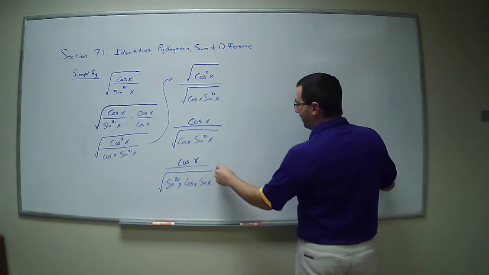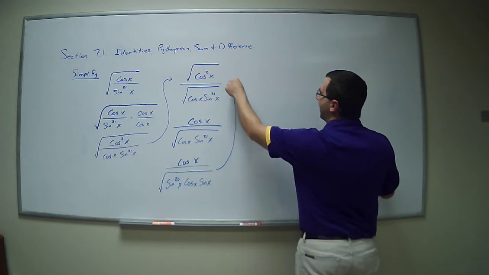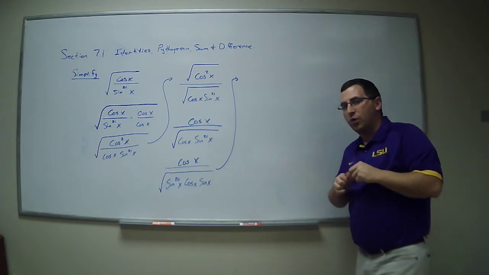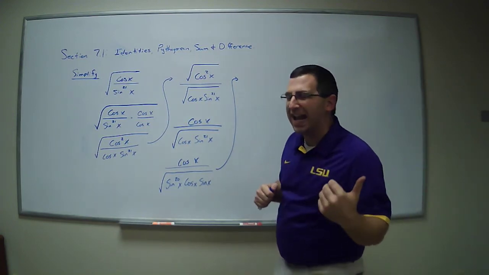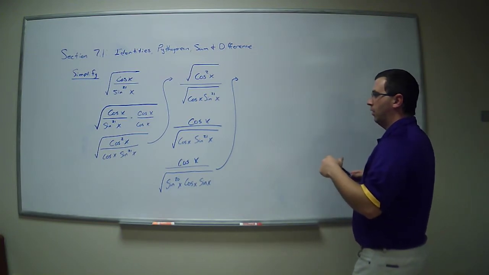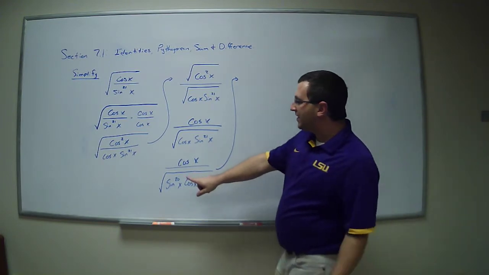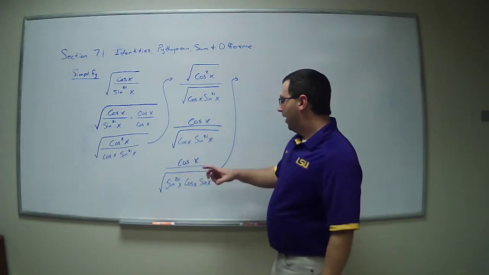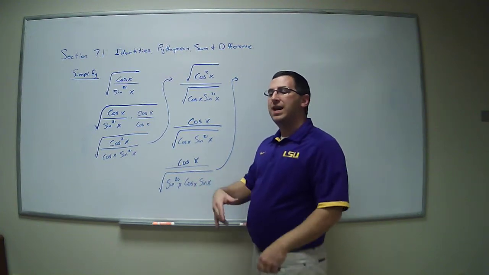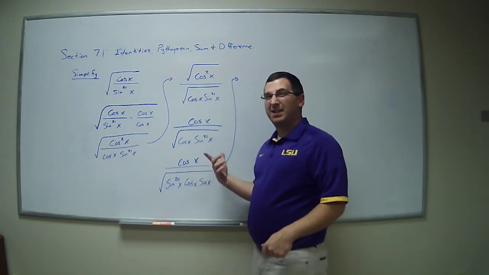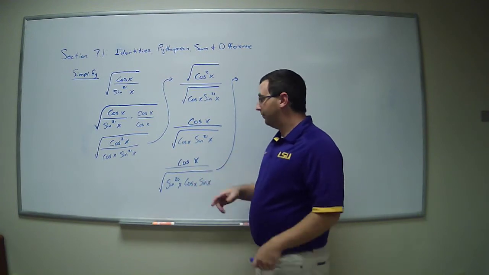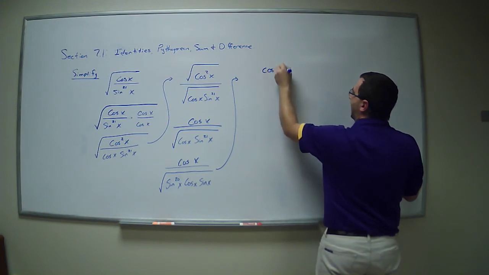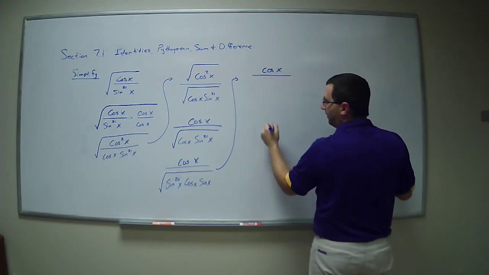Because if we remember the fractional powers, fractional exponents, a square root is the same thing as a 1/2 power. Why does that matter? Because we get to use this 1/2 power on the sine to the 20th power of x. Now the cosine x and sine x, we actually get to leave those alone because we can't really simplify those any further. Okay, so we have a cosine x on top still over,